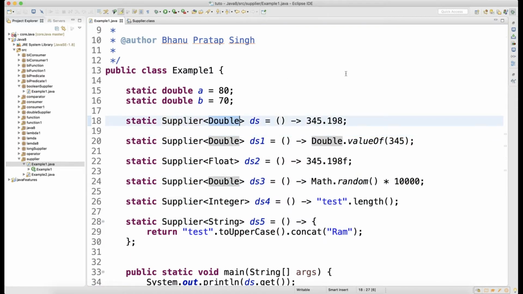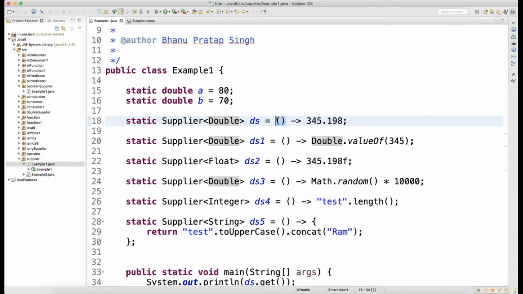What is this double, right? So this supplier is going to return double data, and you know that a supplier will not accept any input. It will just return the data based on the angle bracket. So basically, if you look at this, it is static, because I don't want to get the object, so I have written static.